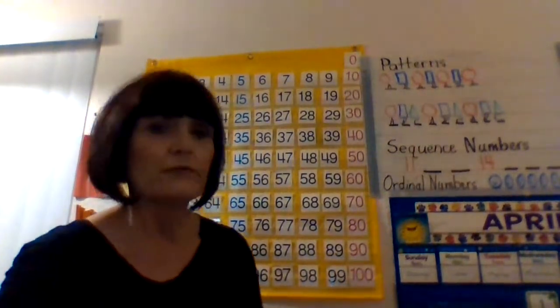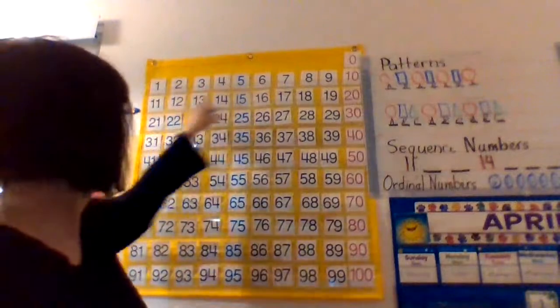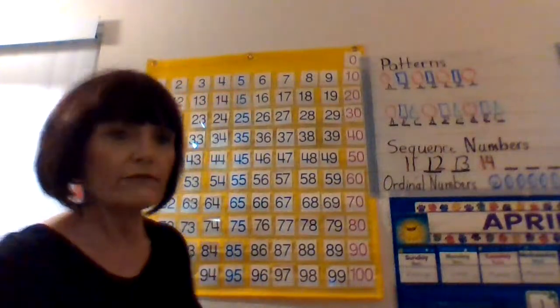Now let's look at sequencing numbers. I have the number 11. I'm going to write that in black so you can see it a little better. 11, something, something, 14. Well, I have a resource for that. 11, 12. A 1 with a 2 beside it. One bundle of 10 and 2 ones. 12, 13. All right, 14, 15, 16,